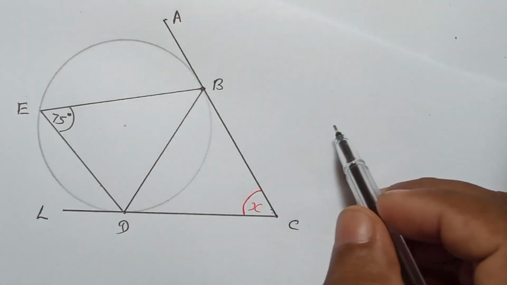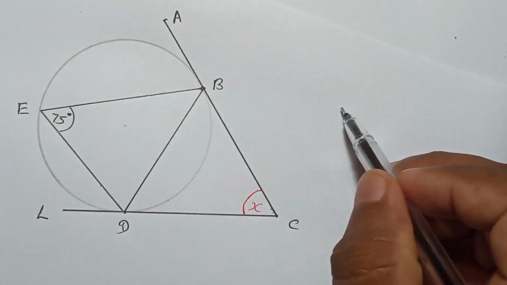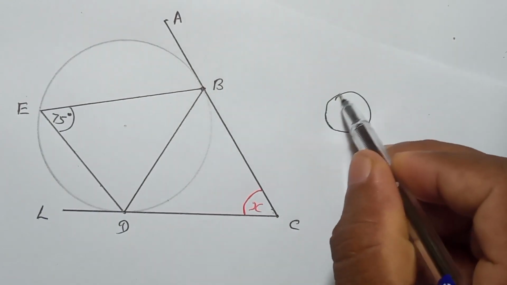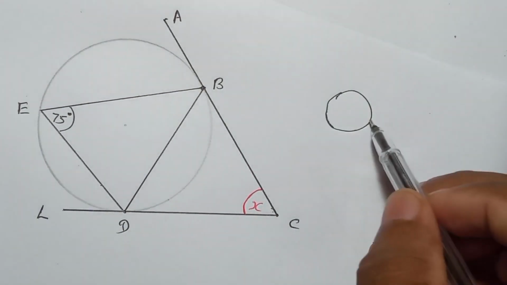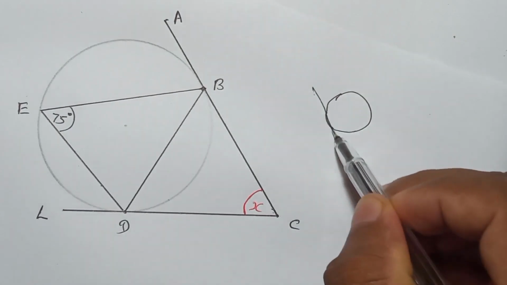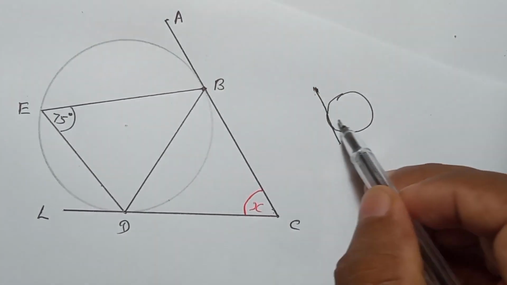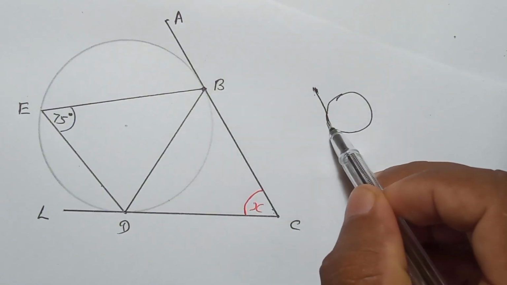Okay, to solve this question, you need to know the alternate segment theorem, right? So I will explain the alternate segment theorem a little bit. Now, when you have a circle and a tangent to the circle like this, and this tangent point,